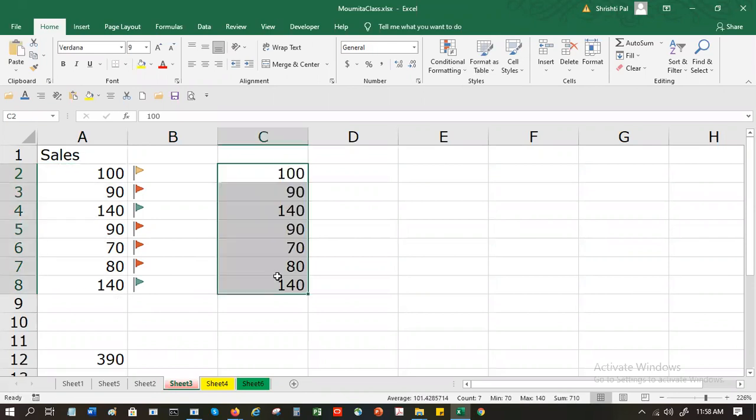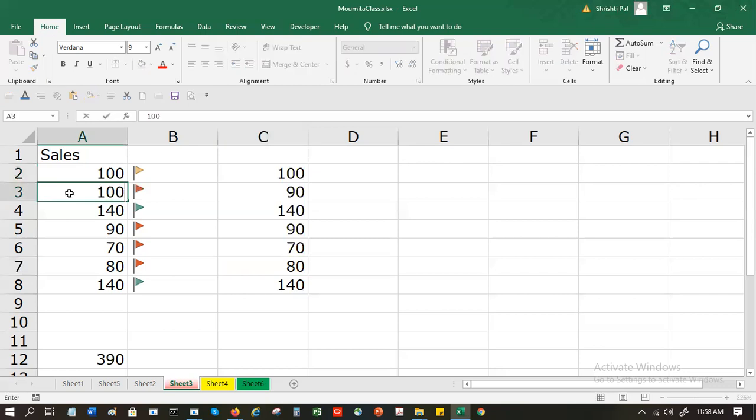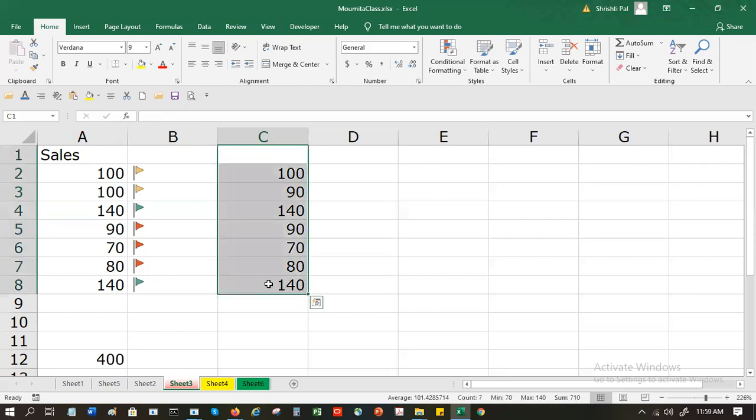I have to make the source the same. If I make this 100, this value is changing, but this value doesn't change. If I copy and paste, it will only copy the old numbers. It will not redo the whole thing. So keep that in mind.